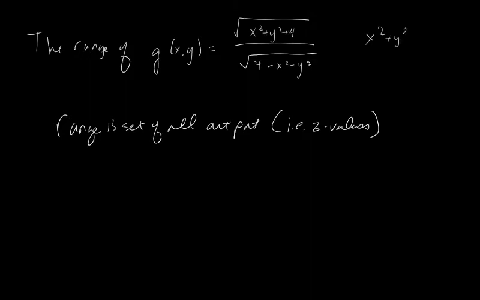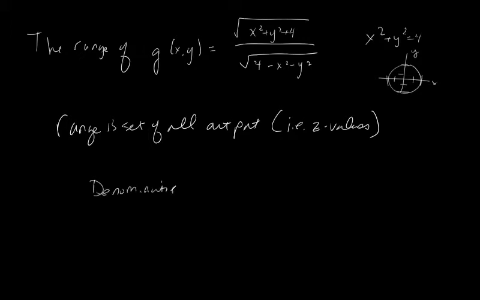x squared plus y squared equal to 4, that's the circle of radius 2. So if we're just looking in the xy plane, that's what we're looking at right there. x squared plus y squared is equal to 4. So now we're looking at the z component of this, and we want to know what this is going to do to our function. Well, first of all, we know that our denominator